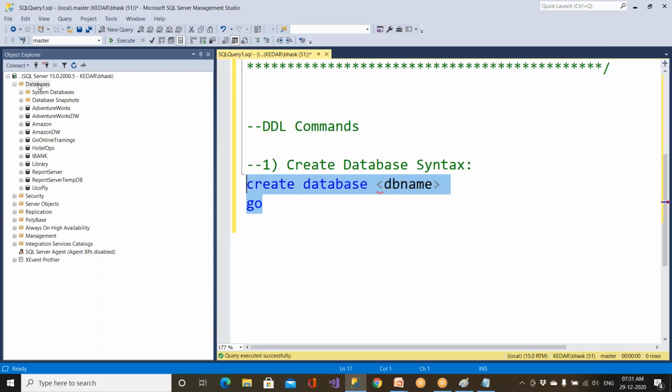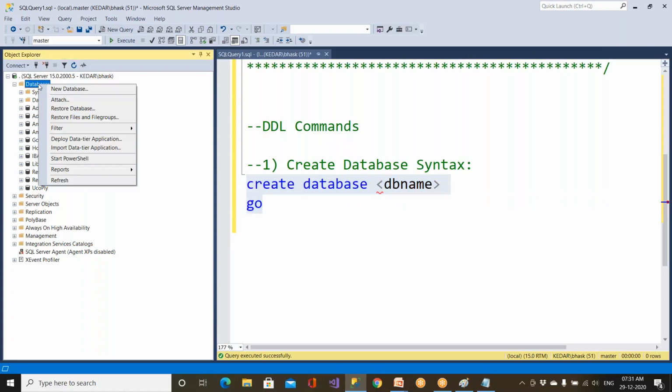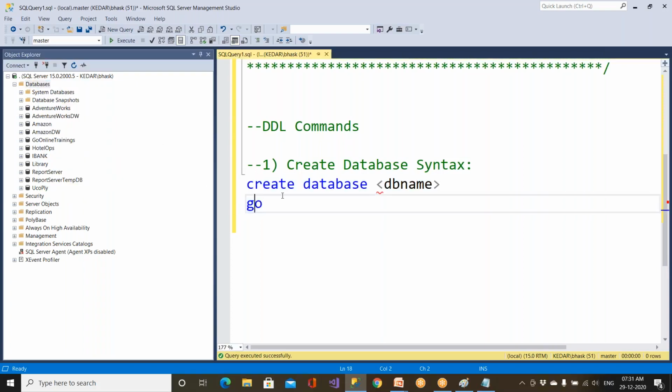Now, with the user interface, you right click and say new database, but this is not the way a developer can create a database. You need to write commands, code. This is the code called syntax. Clear? So that is create database name.